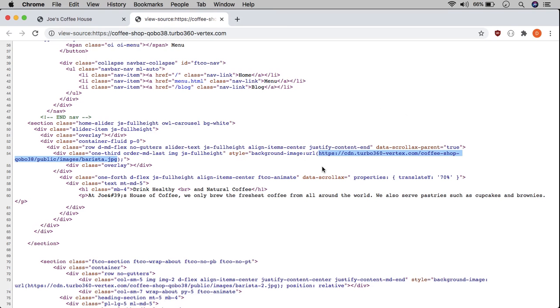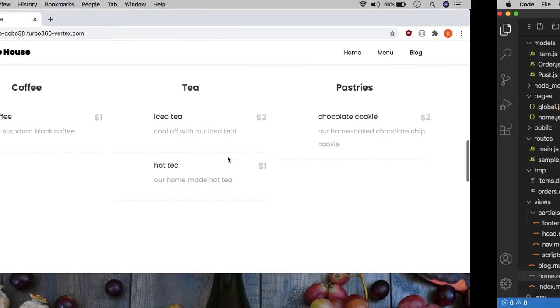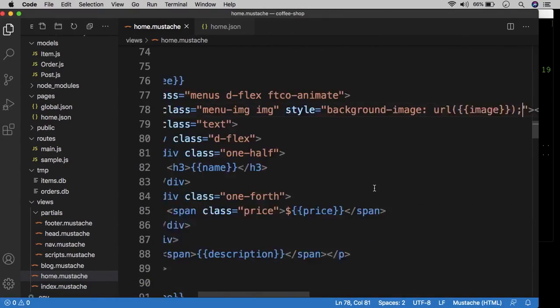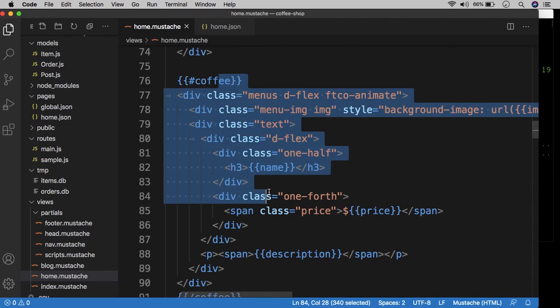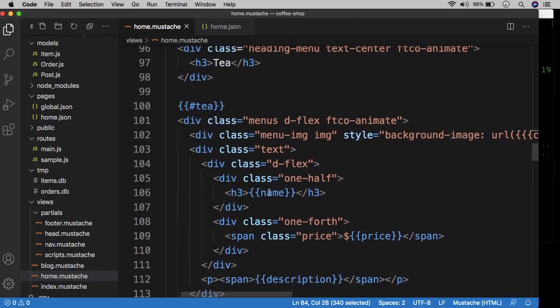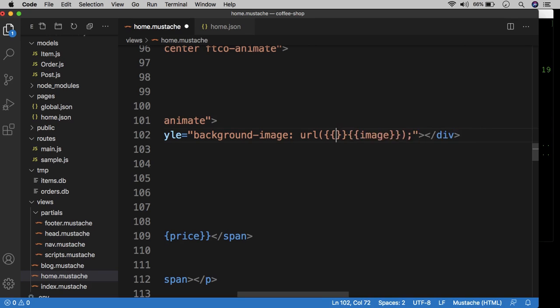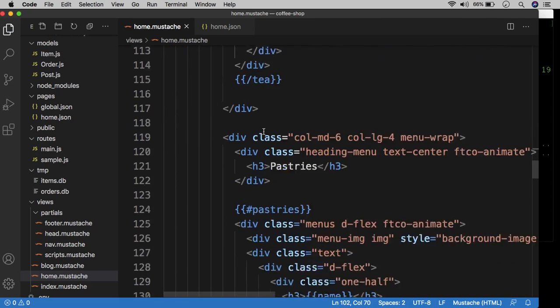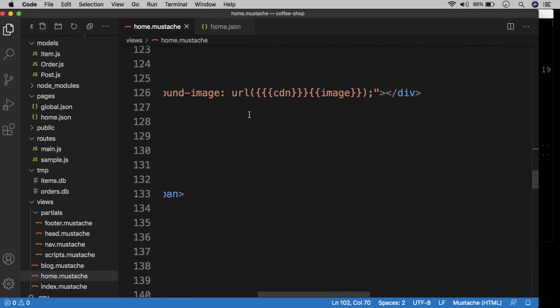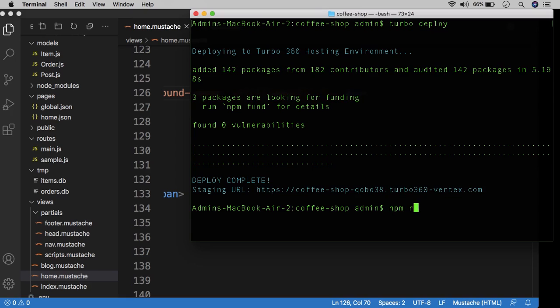Now I'm going to do one more deploy just to fix these menu icons because we don't want to leave that broken. So inside the coffee and tea, we've got to get rid of that. And pastries sections. This should now be rendering from the CMS. So I'm going to deploy this,